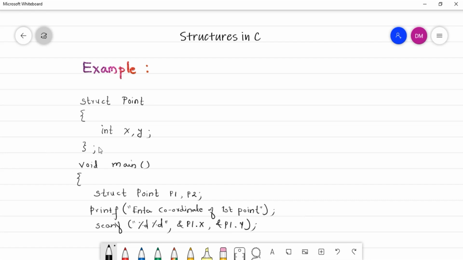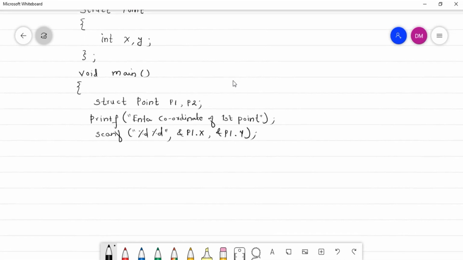Okay. Now similarly, what we will do? We will input the value for the second point. So similarly, you have to give a message: printf enter coordinate for second point. I will not write it here. Then scan the value. This time also you are going to scan the x and y coordinate of the second point, right?